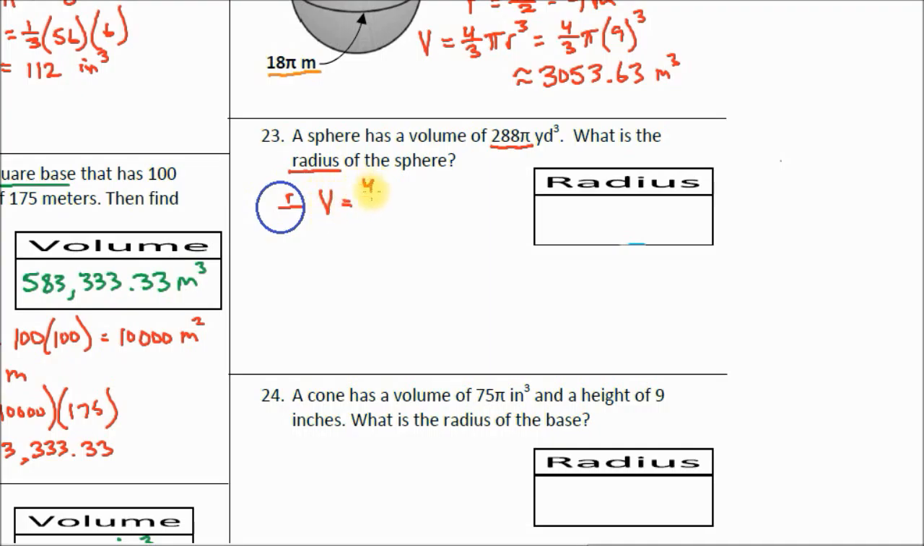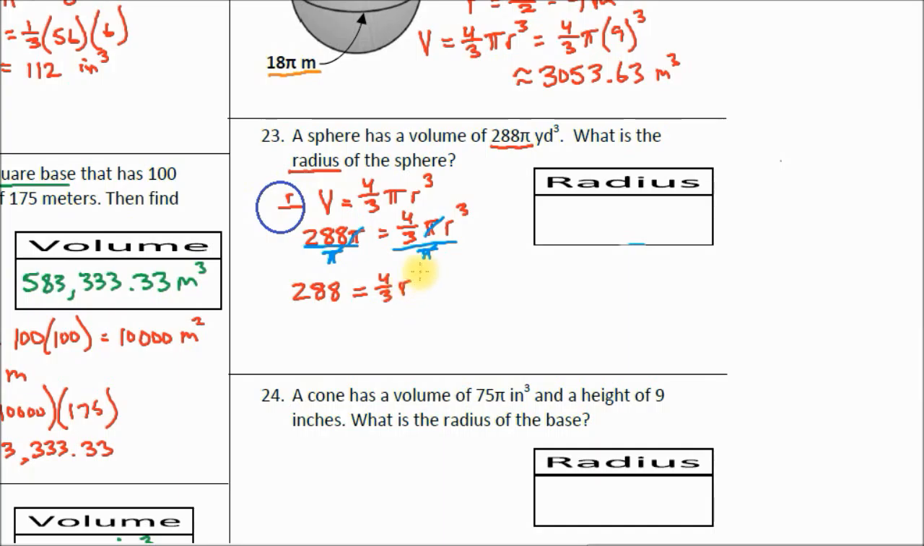Okay, volume of a sphere is 4/3 pi r cubed. We know the volume in this case is 288 pi, and that's going to be equal to 4/3 pi r cubed. Let's start using our Algebra 1 skills to get r by itself. First thing I notice is I can divide both sides by pi. What's nice about that is pi over pi changes to 1 here, and pi over pi changes to 1 here. So we end up with 288 equals